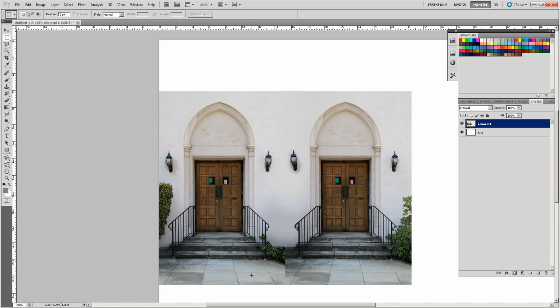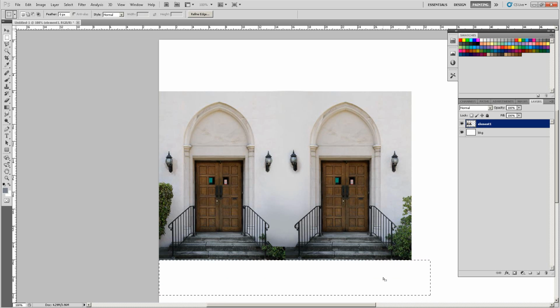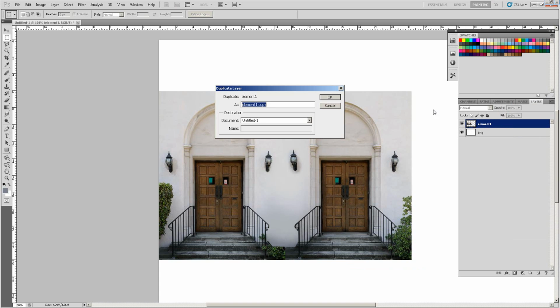So what about this ground? It's not exactly the same all the way across because of the perspective. So what I think I'll do, I don't want to get too much into depth, I'm just going to delete that out for now and put something in there later. So that's how to get two elements. Then of course I could duplicate this up,